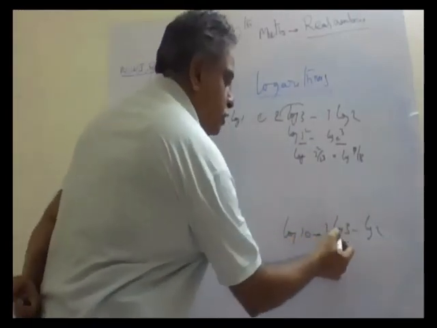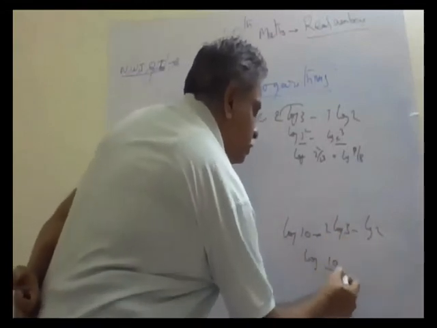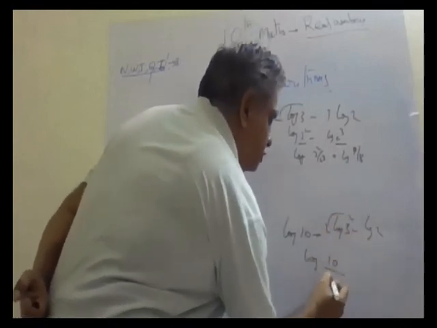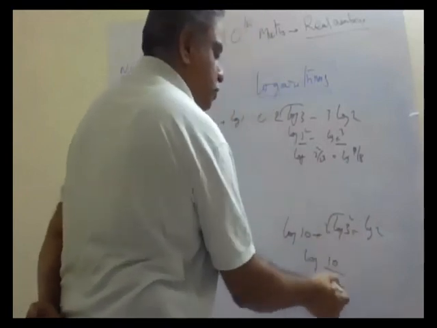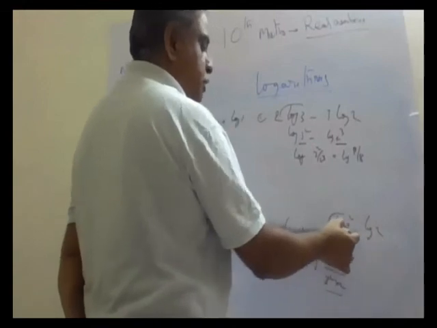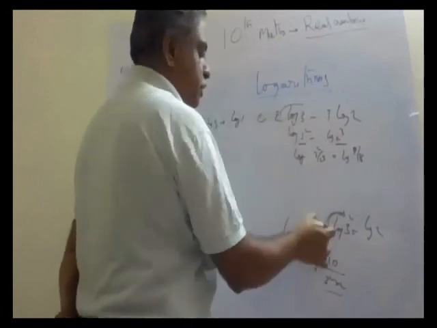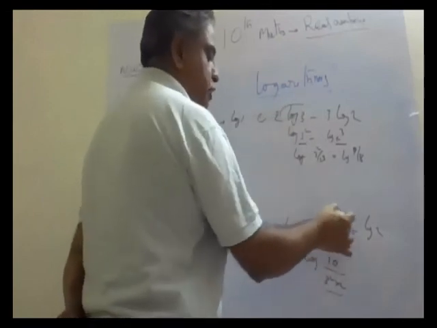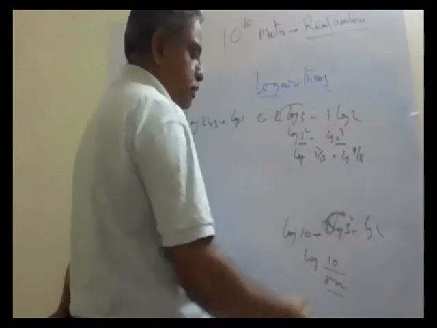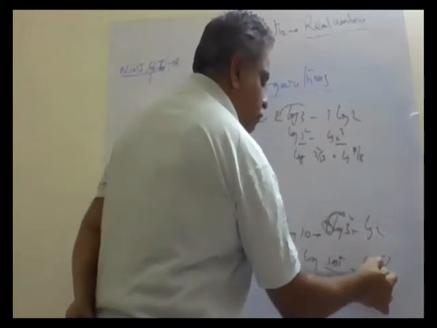Let us see this one. Log 10 minus 2 log 3 minus log 2. Log of 10 by, 2 log 3 becomes 3 square, so 10 by 3 square into 2. Both are minus, so they come in the denominator. Log A minus log B minus log C. B is 3 square, this comes to here. So when I do log A plus log B, nothing should be here. It should either be in the form of power or it should be 1. So here I am taking it in the form of power. So now 3 square into 2. 2 5s are 10. So this becomes log 5 by 9.